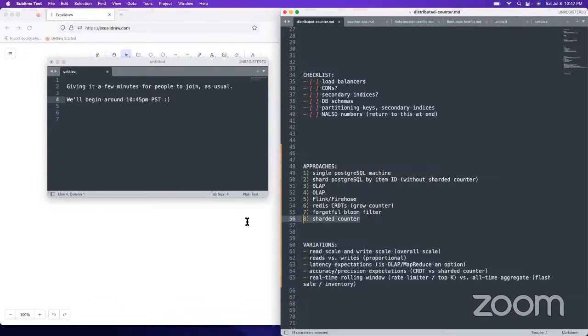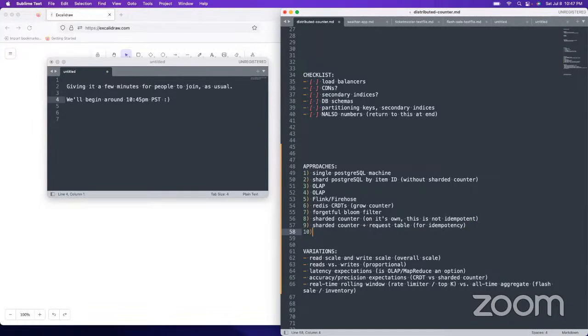So then you would need sharded counter plus request table for idempotency, and on its own, then we got, what, 10. Do just the request table with event sourcing and just do full table scans. That's like the map reduce approach. So this might be redundant with 2 or 3.